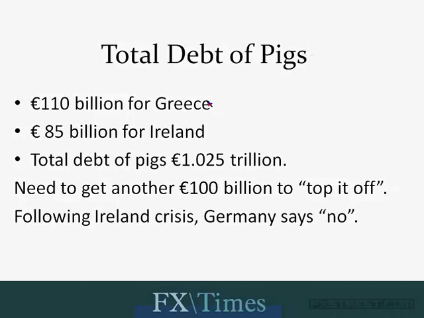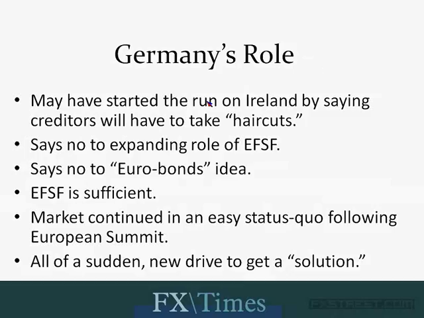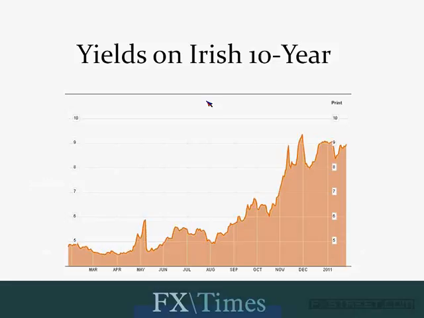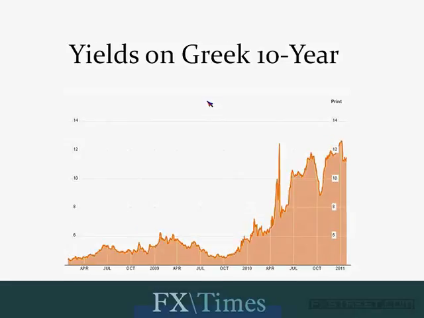Now what we're hearing is that, for the most part, after Ireland, Germany's role in this is, first of all, they might have even helped start the run on Ireland by Angela Merkel saying that creditors may have to take haircuts in any restructuring of debt, and again said no to expanding the role of the EFSF, said no to Eurobonds. Germany said that it was sufficient, and we had this uneasy status quo following the European summit in December, and the markets just continued to drive up yields on Spain and Portugal, as they believed that these countries had, or at least Portugal, had the same weak growth dynamics, same strained banking sector, and bad debts in the financial sector, and that they would need